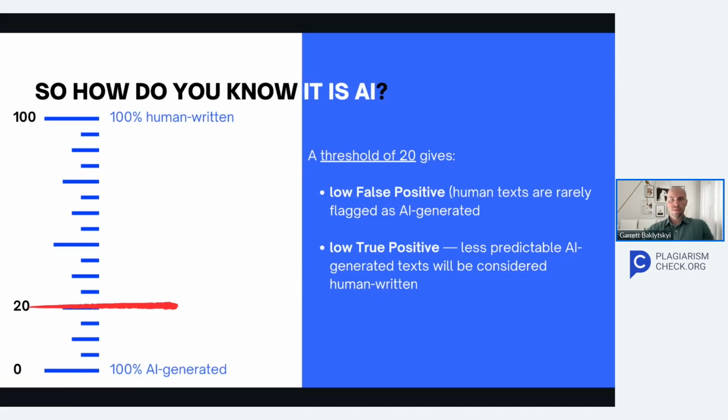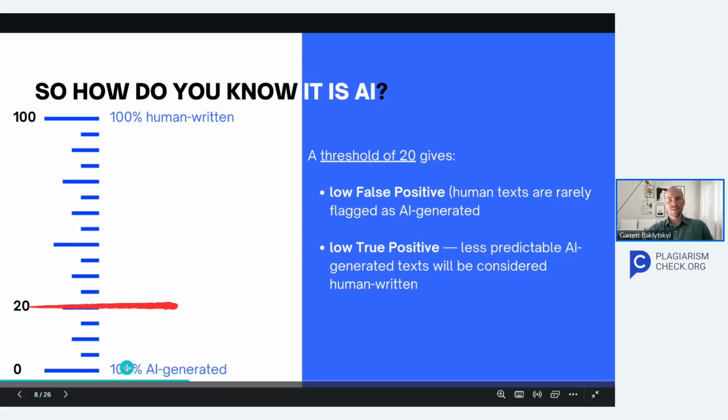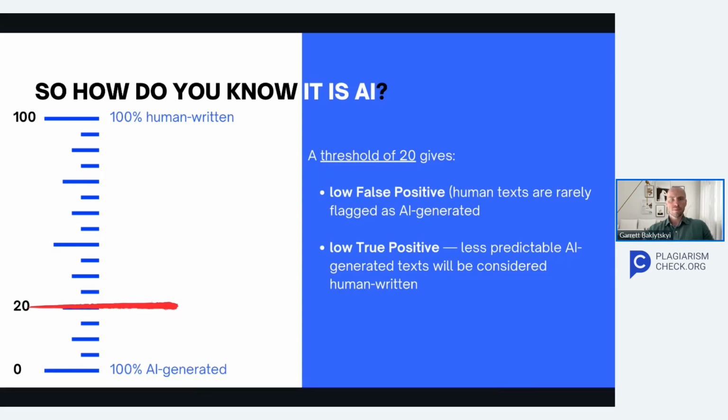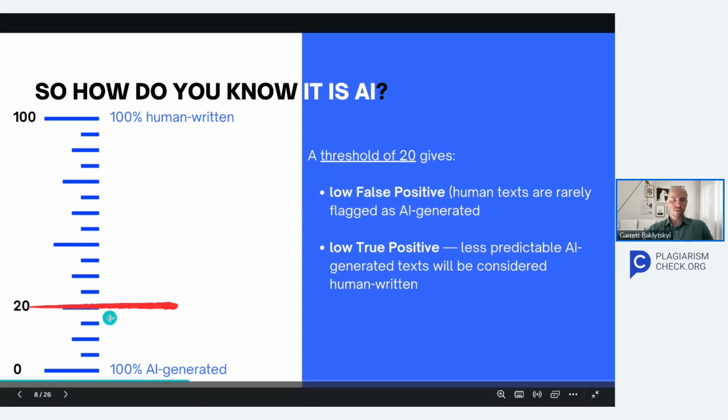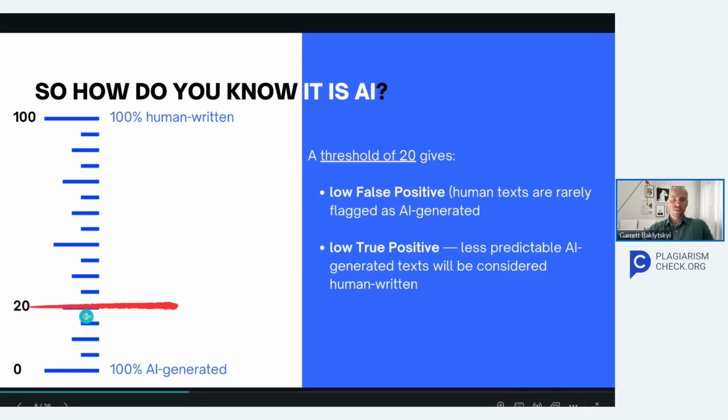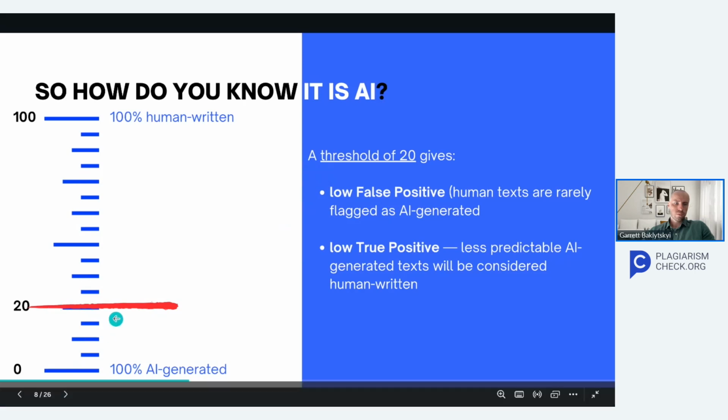An AI detector that has such a threshold will flag as AI generated only texts with very high predictability, meaning that it will catch everything that is below 20 and will flag it as AI generated. If an AI generator becomes more creative and its metrics are above 20, for this AI detector, it will be human written text. On the right side, an AI detector like this will have low false positive results. Low false positives like this is achieved with a threshold of 20 because only a small percentage of people can write with such a predictability that is below this 20 threshold.